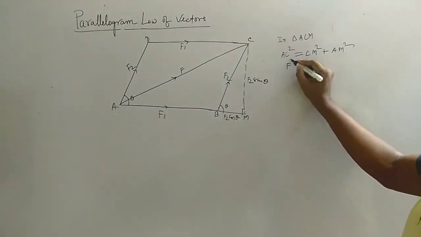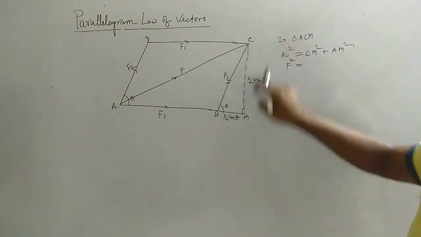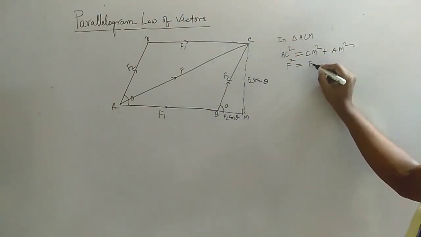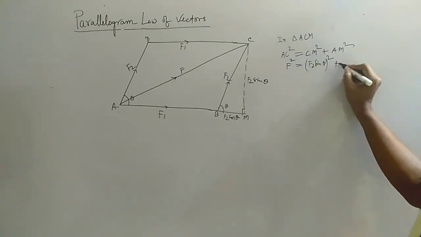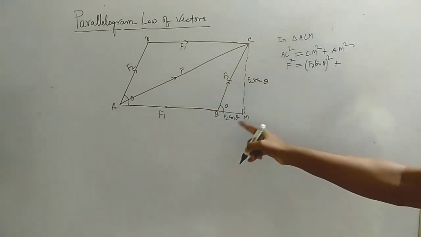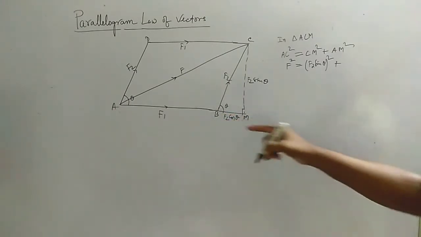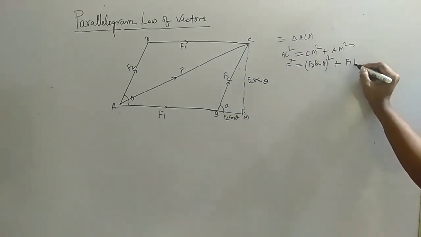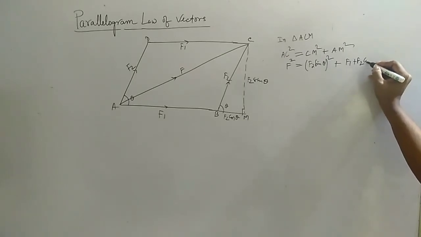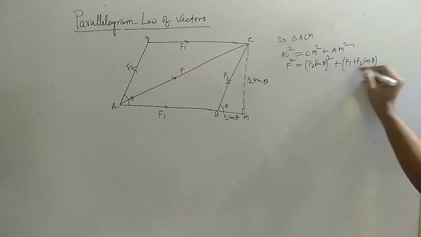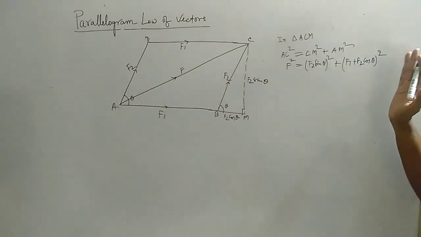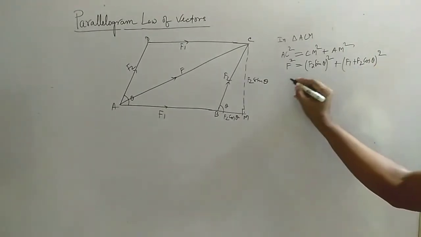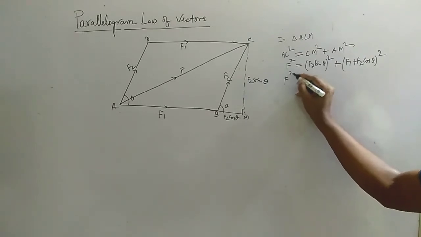So F square is CM square. What is CM? That is F2 sine theta, F2 sine theta whole square, plus AM, that is AB plus BM, and it's F1 plus F2 cos theta. So F1 plus F2 cos theta. If you find the square of this, now you can see. Do you see it properly? Then this equation becomes F square equals